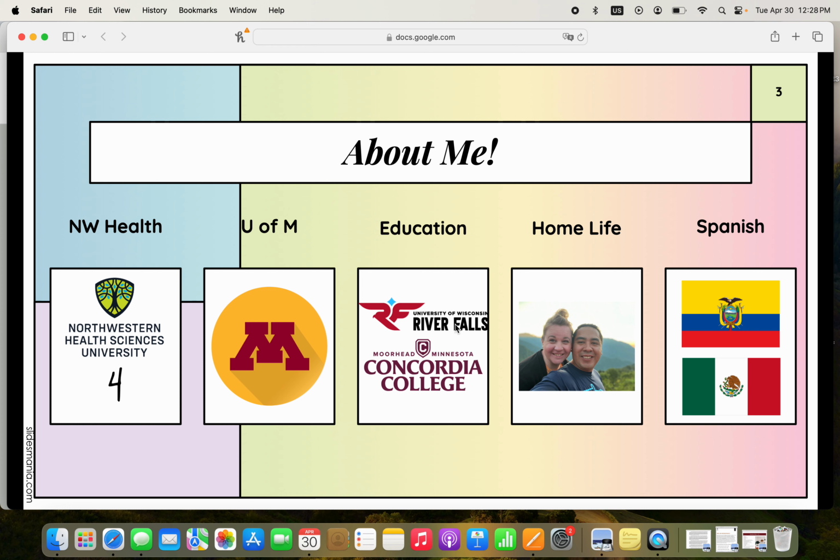I went to River Falls for my undergraduate. I'm originally from New Richmond. And I did my master's at Concordia Moorhead. They have a really cool second language program. If you're ever interested in immersion opportunities, they have family camps. I don't know if they have adult, but they have really cool opportunities for learning Spanish, but also a lot of other languages. They're called the Concordia Language Villages. You should definitely check them out if you're interested.